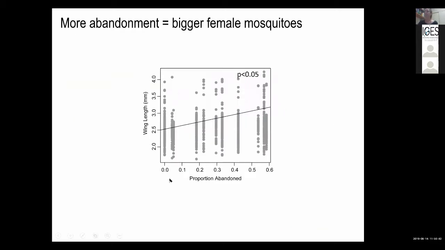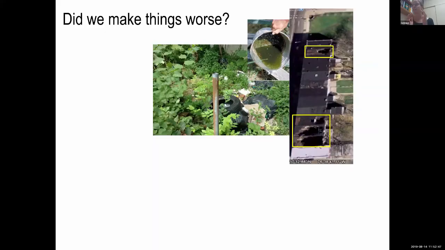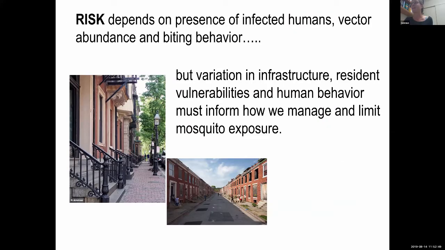And finally, when you look at the proportion of abandonment, these are wing sizes of our adult mosquitoes that we collect across the different neighborhoods, where the neighborhoods are represented as how much abandonment is in that neighborhood, how many houses are standing there with nobody in them. The mosquitoes are actually a little bit bigger when we collect them in the lower income areas. Again, the bigger adult mosquitoes are associated with greater biting efficiency and longer longevity. And where the yard is green and the mosquitoes are hanging out, people are going to be exposed. So behavior plays a huge role